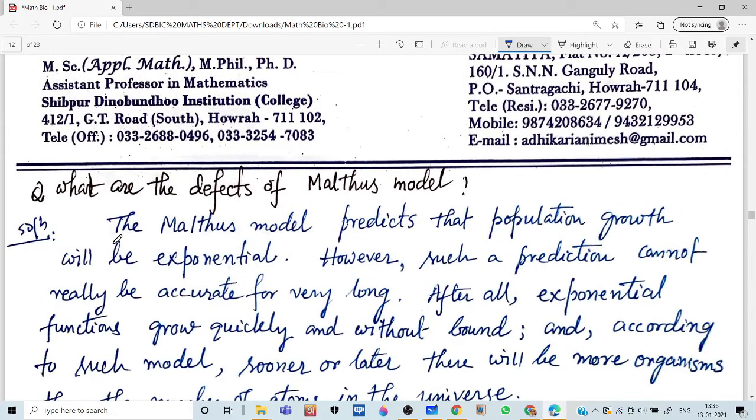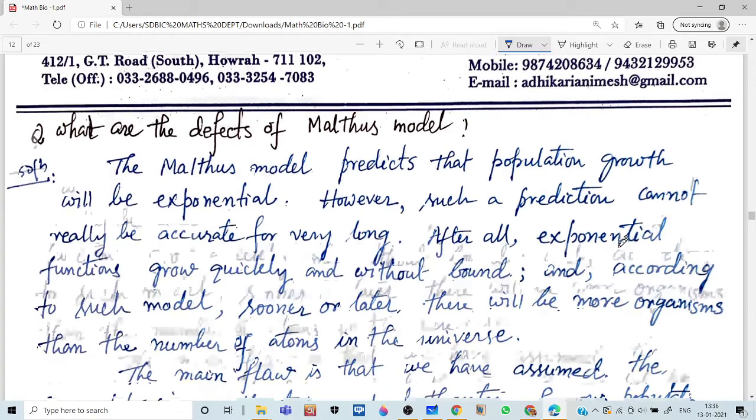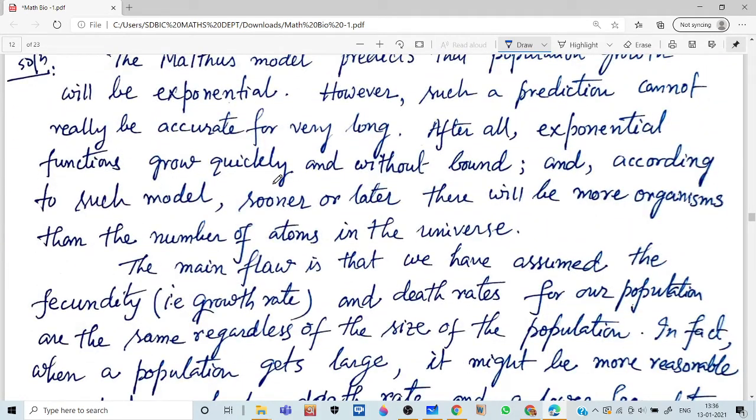What are the defects of the Malthus model? The Malthus model predicts that population growth will be exponential. However, such a prediction cannot really be accurate for very long. After all, exponential functions grow quickly and without bound. And according to such a model, sooner or later, there will be more organisms than the number of atoms in the